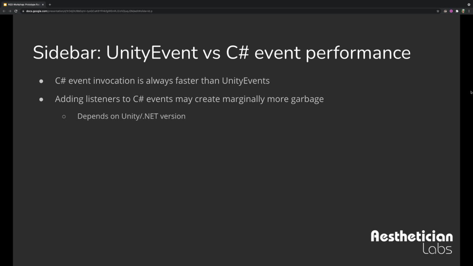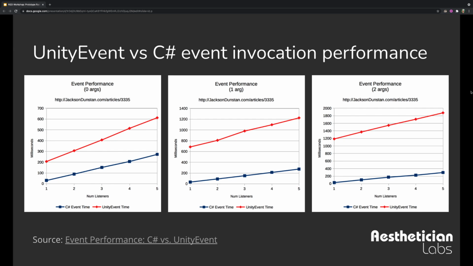There's a blog post that Rowan sent to me that's quite outdated and actually has changed a bit, and I did some tests to show that. So this is from the original blog post. Basically, invocation performance scales. The C# events are always faster. This is across, it was like millions of invocations in, that's why the milliseconds is so high. You might be seeing 200 milliseconds and screaming. That's because it was millions of invocations.